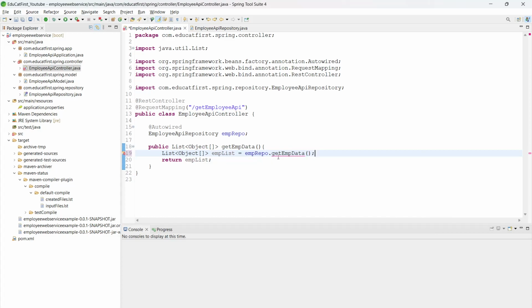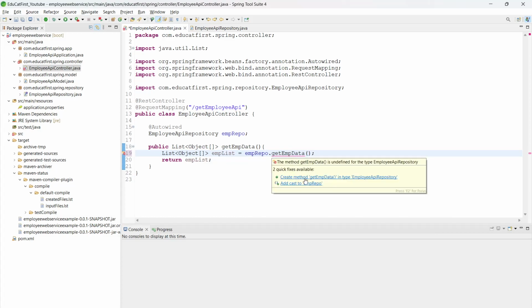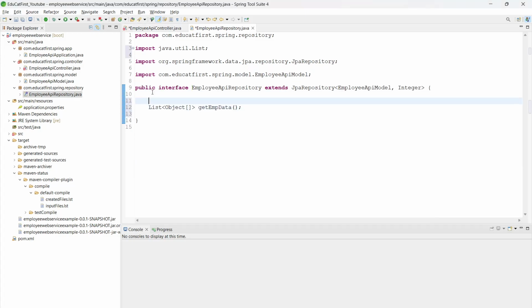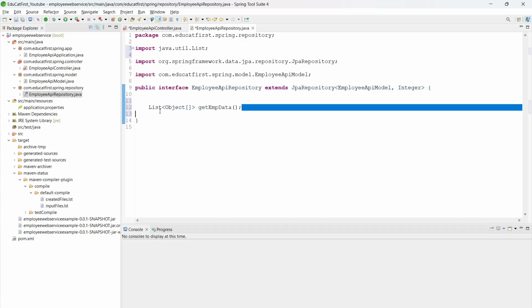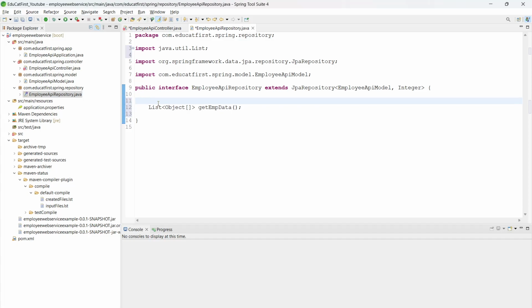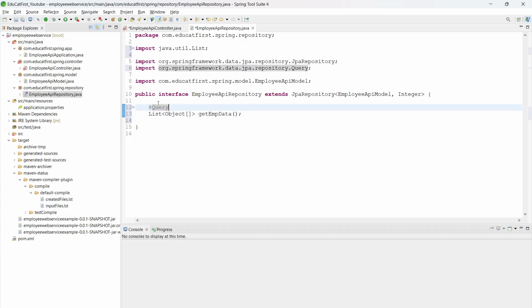Now let us make this method in employee repository. Okay. So in an interface, what do we do? We just declare the methods. I have just declared the method. Now, since our database details are already mentioned in the application.properties file, this is going to be a native query. So the easier and a shortcut way, this will be a faster way. Instead of writing the whole method and adding all the connections, you can just write @Query, add the package @Query